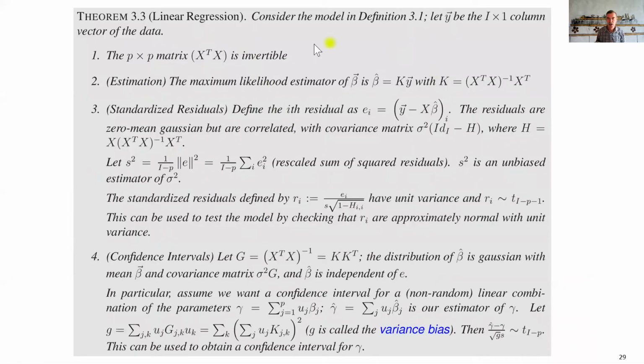So here is all the results we have for such a case here. We see that